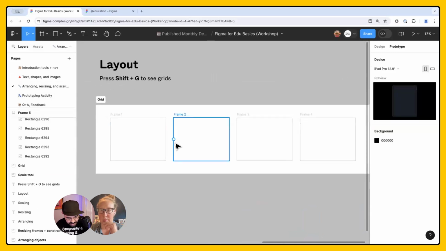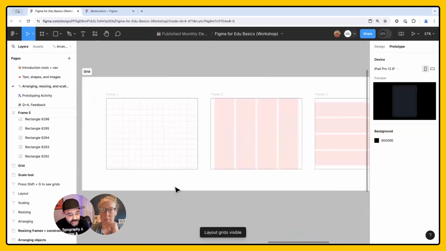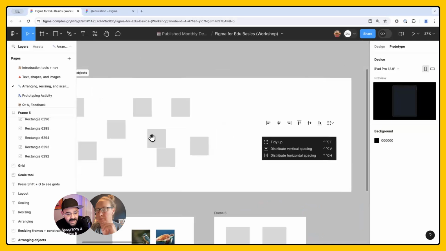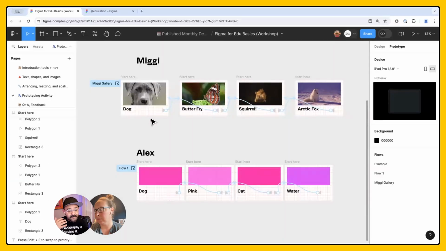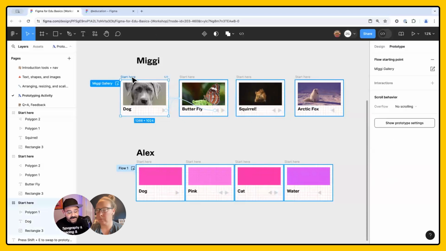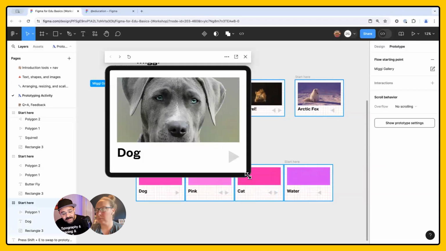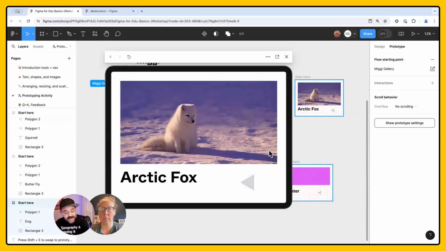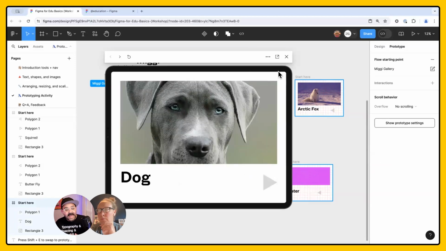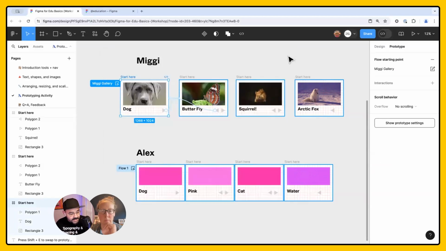You arrange, you place them in, and it could be structured or it can be kind of loose in how you place those things. Then with Figma, you can make those interactive. So the reason we have those digital frames is we can get a preview of what that might look like. What I refer to as the ergonomics of the device. So we have the frame of the device and we're able to see how that might work and how that might interact.